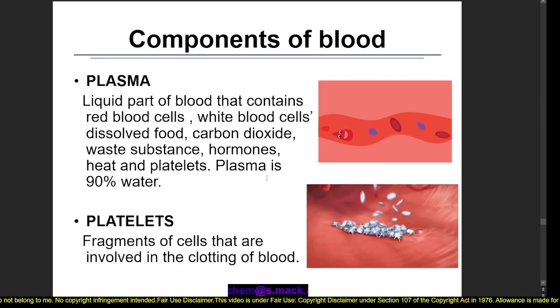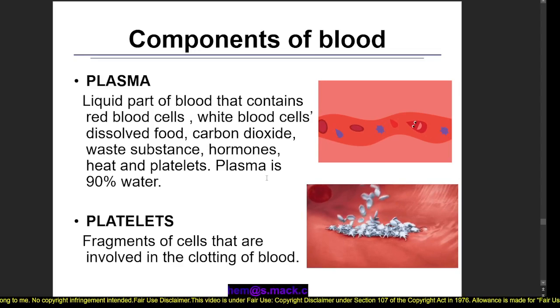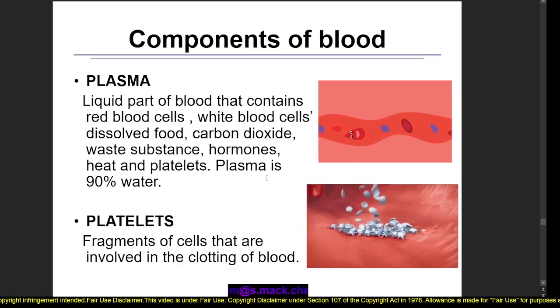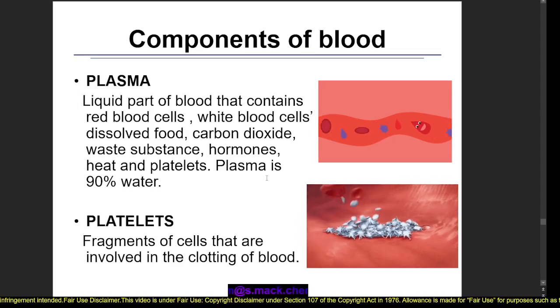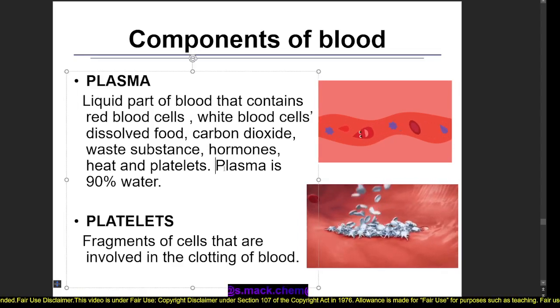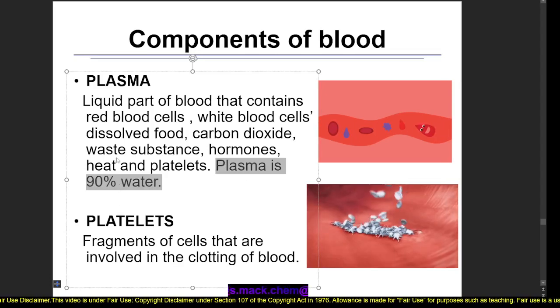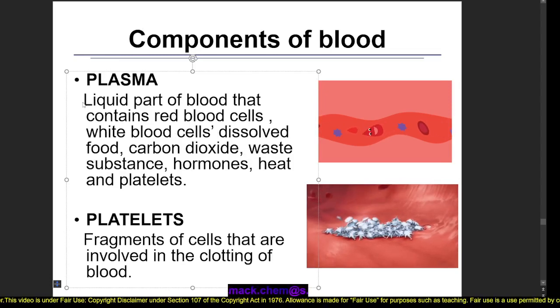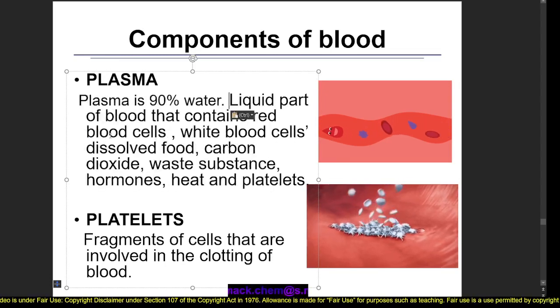Plasma is actually that liquid part of blood, right? So it is the substance that holds all the other physical components of blood. So, and I'm going to go to this last line here and I'm going to bring it up. Plasma is really 90% water. So it's that watery part of blood,